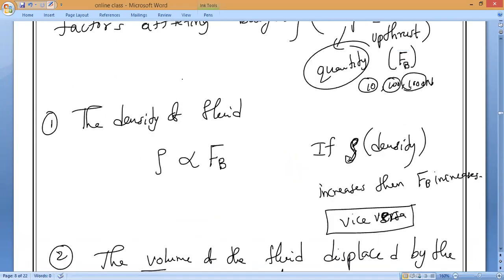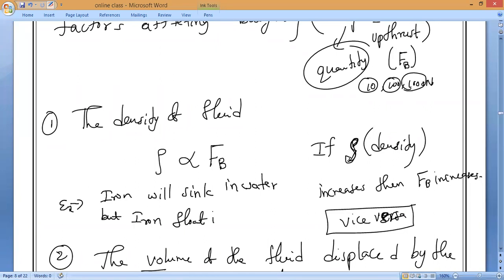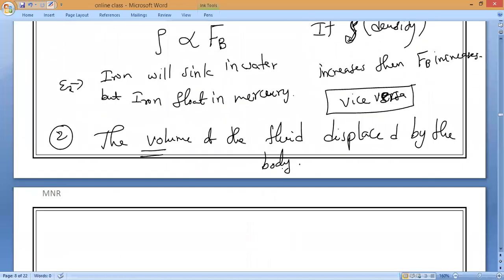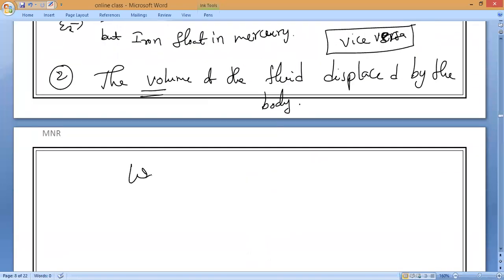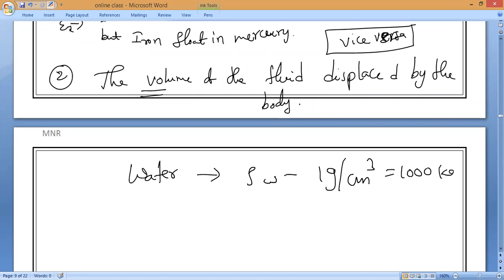For the first factor, see this example. Iron will sink in water, but iron will float in mercury. What is the reason, guys? Anybody? More density, sir. The density of mercury is 13.5. Water density is 1 gram per cubic centimeter or 1,000 kilogram per cubic meter. Mercury density